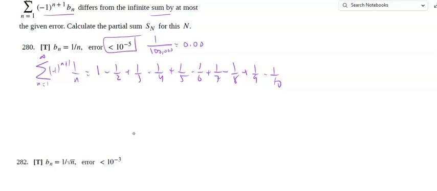That is 0.00001. Well, this is 0.1. Do you see how far we are? So what I have to do, I have to add, let me see, I need 1 over 100,000. And 1 over 100,000, that means I put in 100,000. 100,001 is negative. The term before it is a positive 1 over 99,999, plus 1 over 100,001. If this is the error that I want, and this term is that,